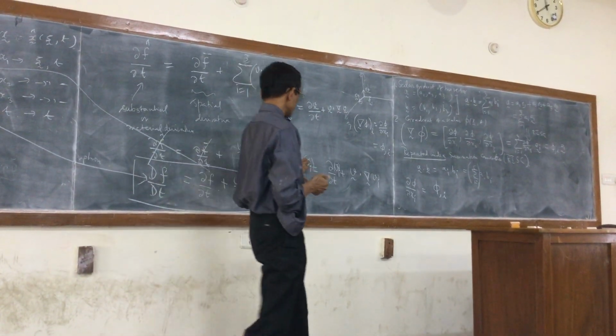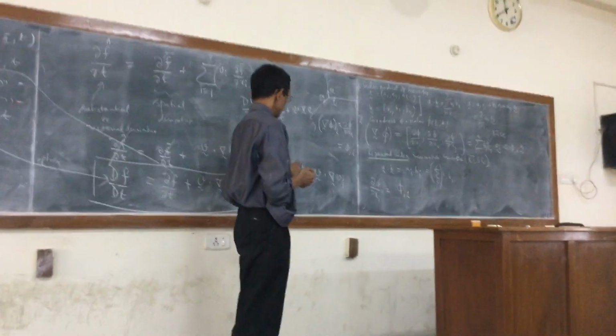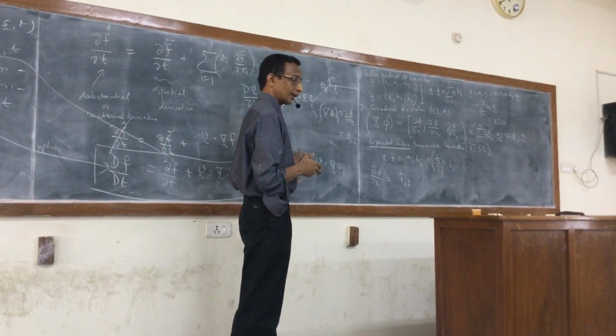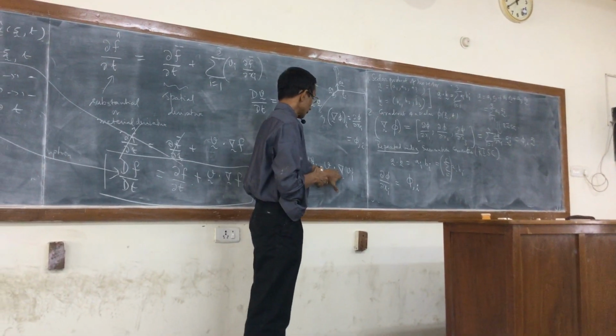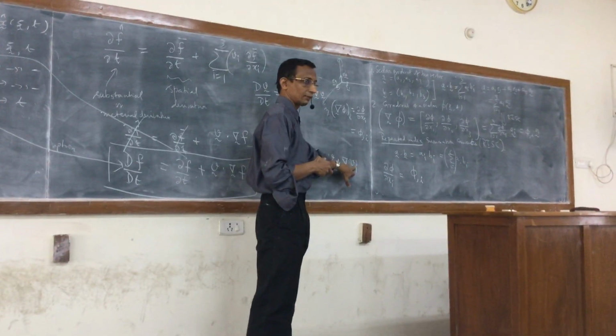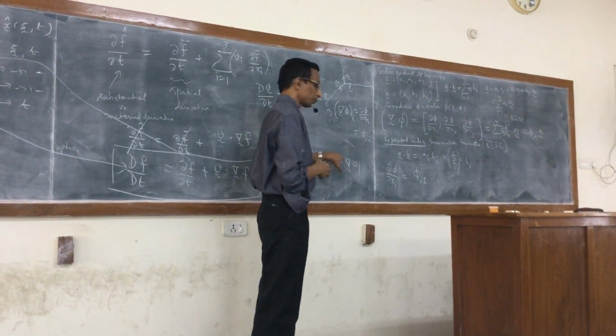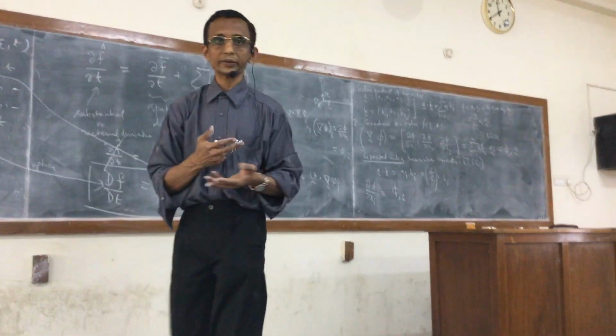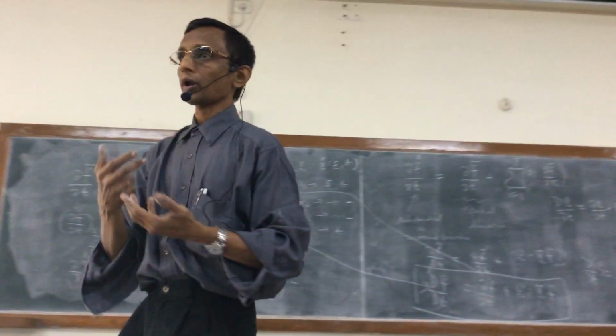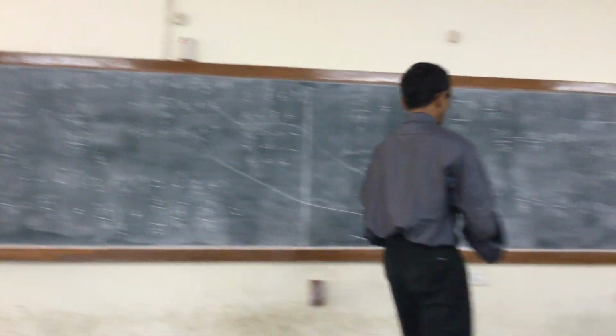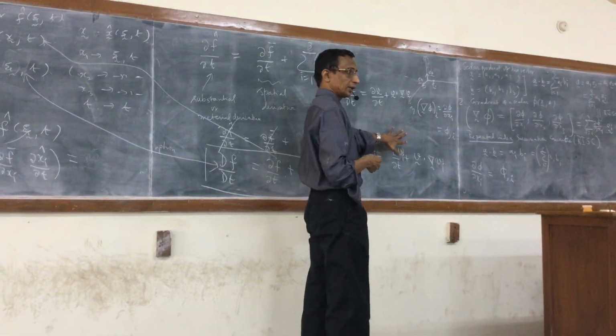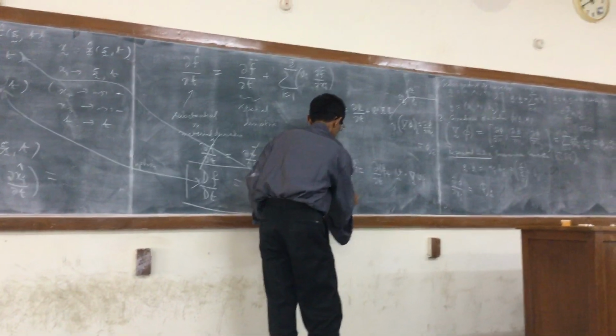There is no problem. This is a scalar. This is also a regular scalar derivative. And then I have the gradient of a scalar, which is a vector. The dot product of a vector with a vector we have defined. So what I will do is calculate each one individually and then write it as